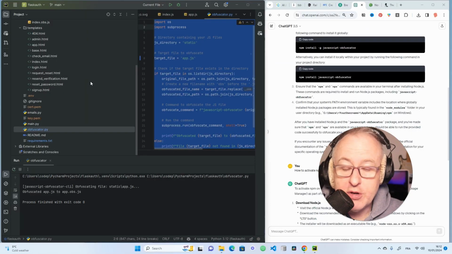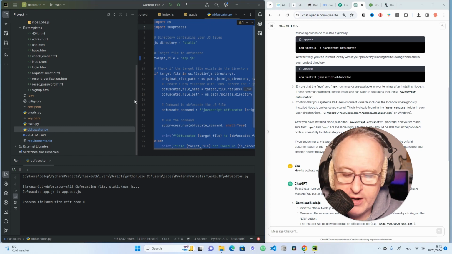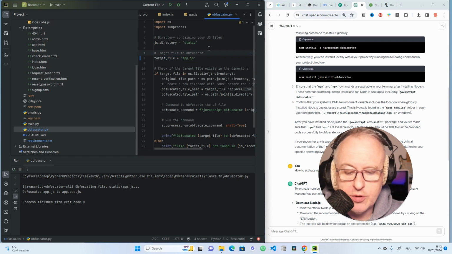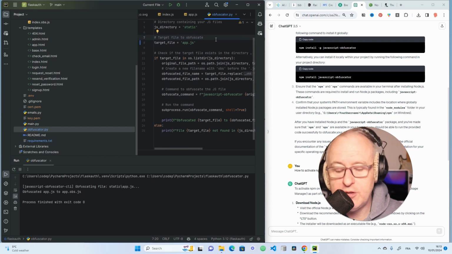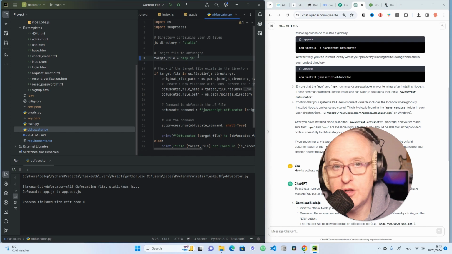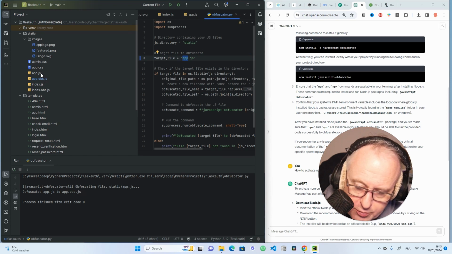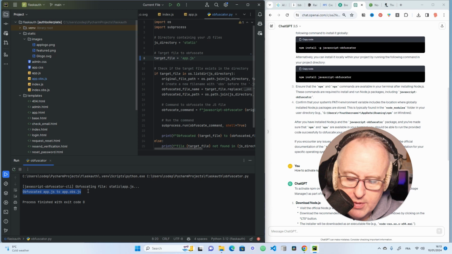I have also added a very cool add-on to this boilerplate, this obfuscator.py file. What it enables you to do is to obfuscate your JavaScript code, so you won't share all your JavaScript code in clear with the visitors of your application. The way you use this obfuscator.py file is you just type in the name of the file that you want to obfuscate. So I think we have two JavaScript files. We have app.js and index.js. So for instance, app.js here, and then I just run it, and as you can see, it became